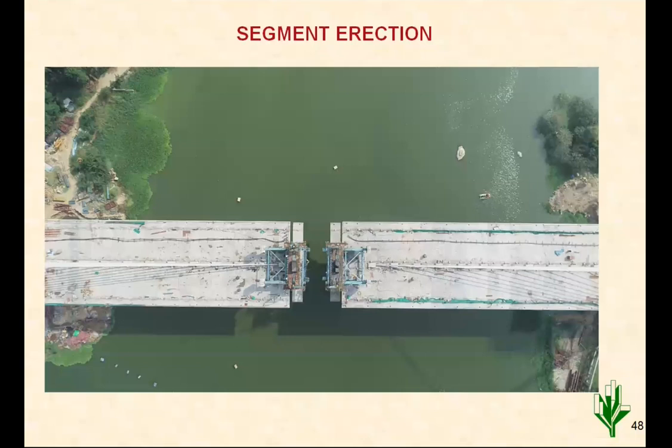We have also seen the difference between the types of these two bridges, that is cable-stayed and extradosed. That is the height difference in the pylon as well as the superstructure cross-section depth. In case of the extradosed bridge, the superstructure has more depth, and in case of the cable-stayed bridge, the depth of superstructure is lesser, but the height of pylon is more. So based on the requirement of the site, anything can be chosen. Based on economic constraints, extradosed bridges are more economical from a material point of view.